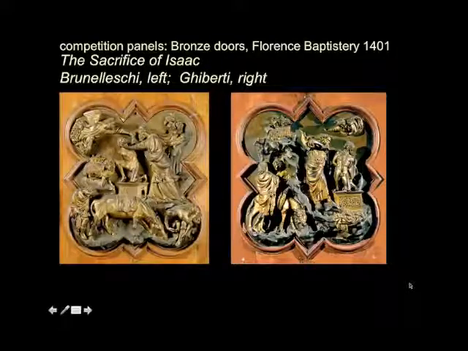Notice also some other things that are going on in these panels. An interest in antiquity, an interest in recreating the forms of antiquity, the costumes of antiquity, the sarcophagi of antiquity used here for the altar, the draperies of antiquity. Having suffered the loss of a whole class of master craftsmen during the Black Death, the people in the late 1300s, early 1400s took that as an opportunity to go and look at how Rome did stuff. Hence Brunelleschi's time digging around in the fora, and hence these kinds of works that we see here.